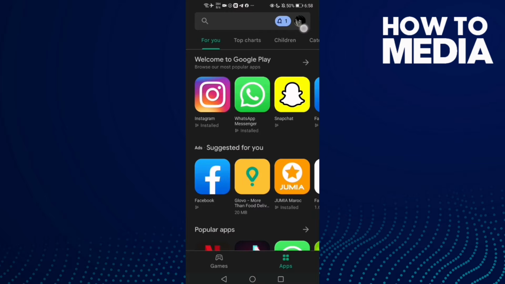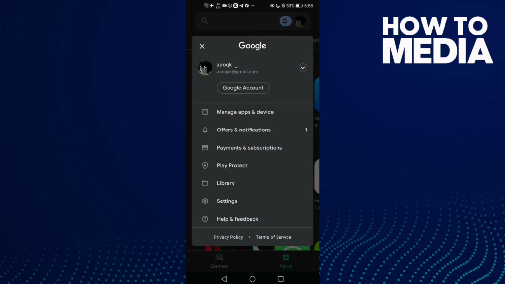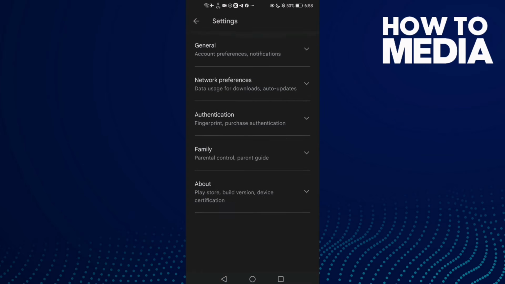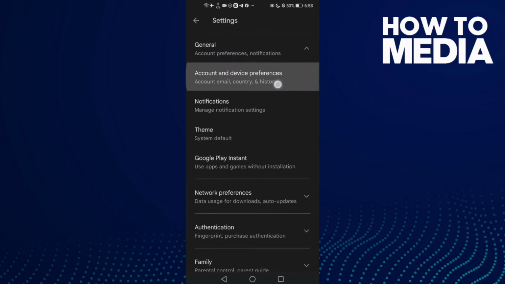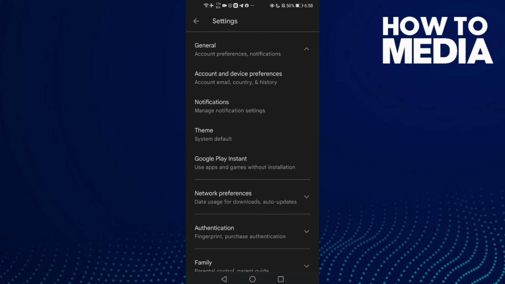and then click on your profile and now click settings, and then click general, and now you need to click this one, account and device preferences,